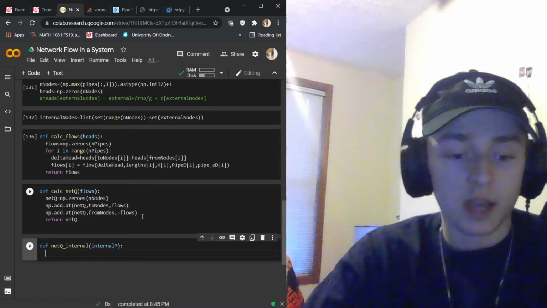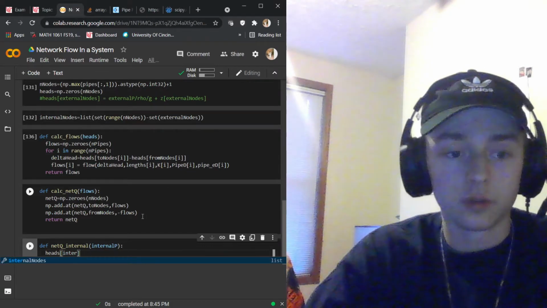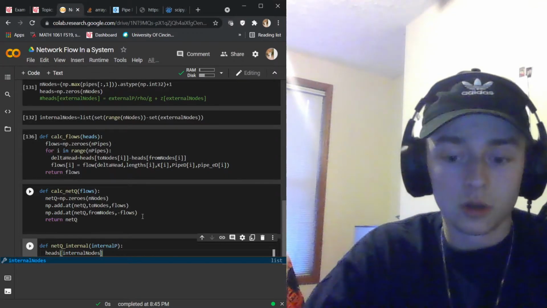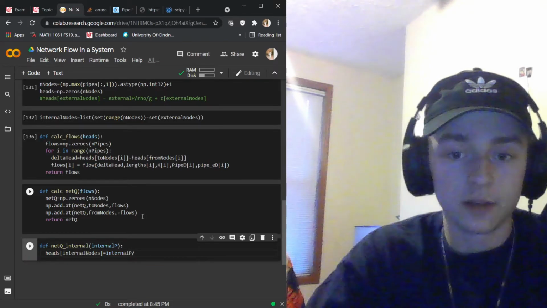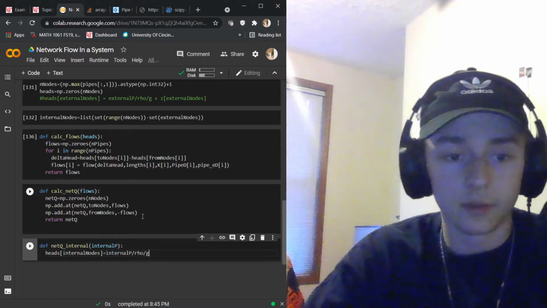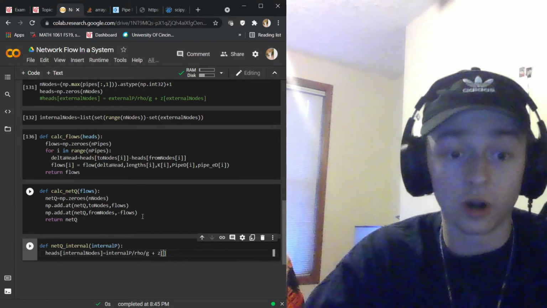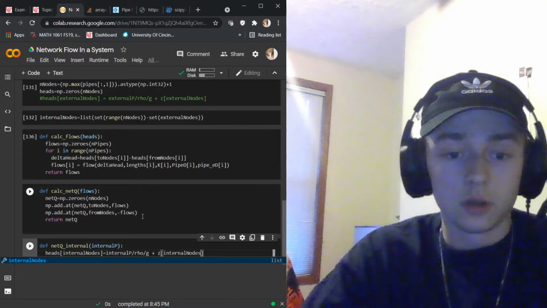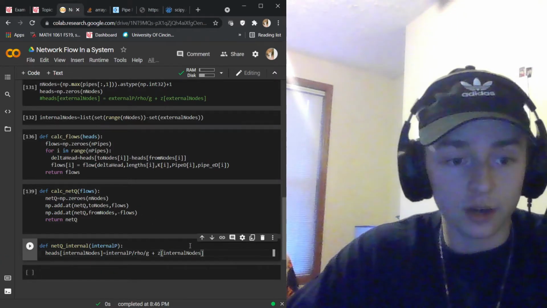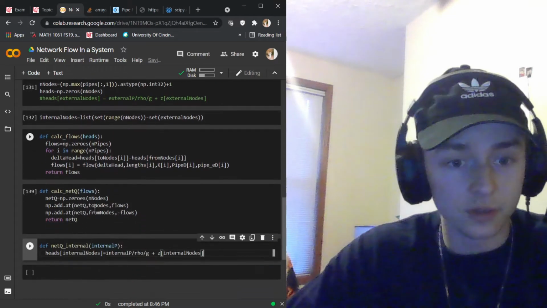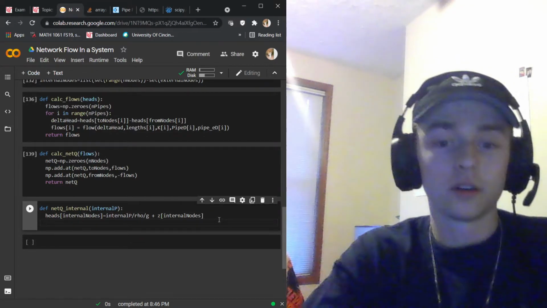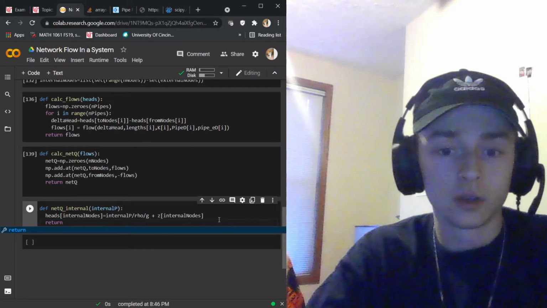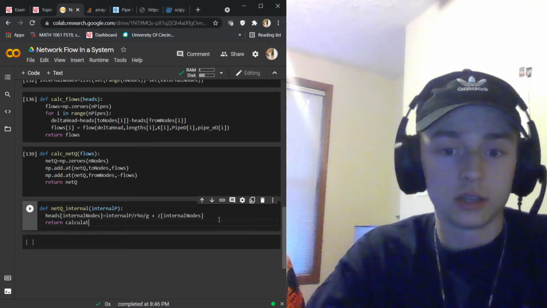And what we're going to say is that the heads of our internal nodes is equal to the internal pressure divided by rho divided by acceleration due to gravity plus the elevation of our internal nodes in the system. Okay, that agrees with me, but this one decides that it doesn't want to, which is interesting. Okay, so from here, we want it to return to us the calculated net